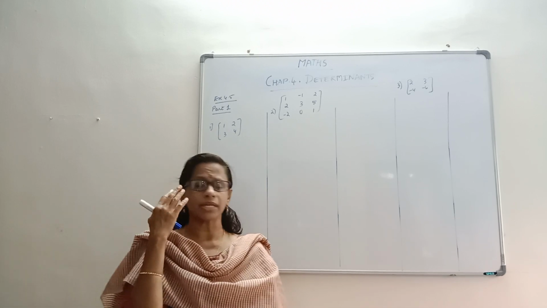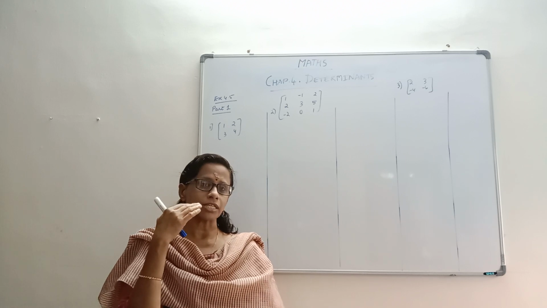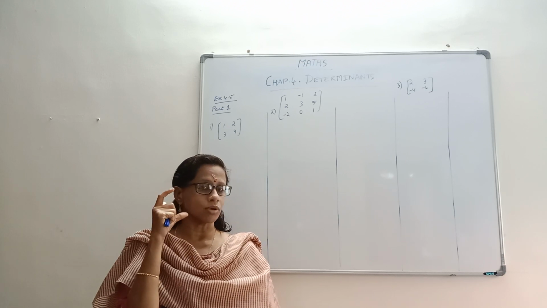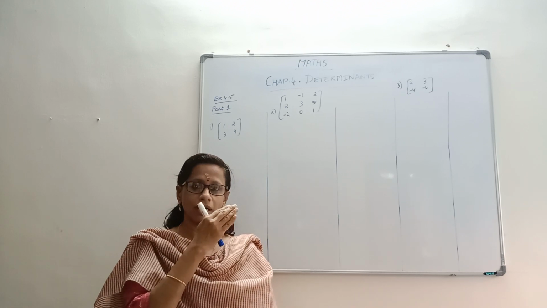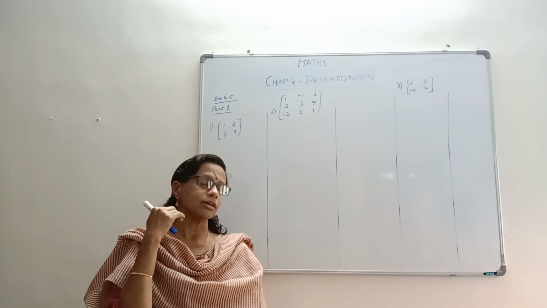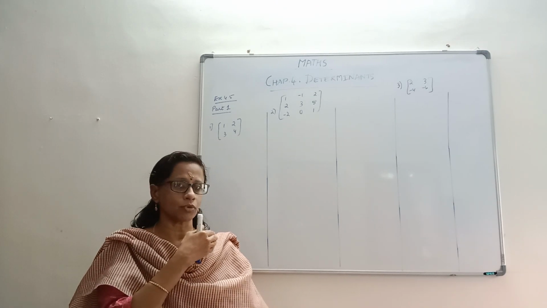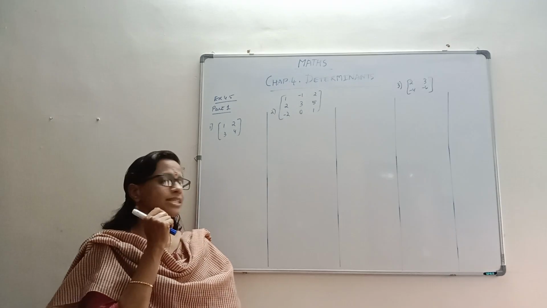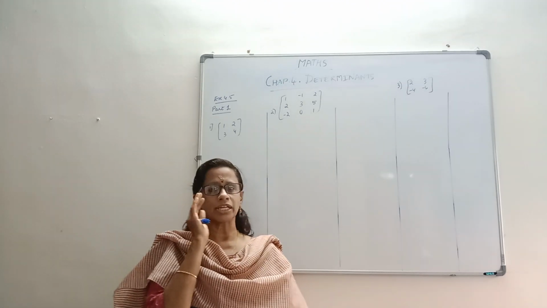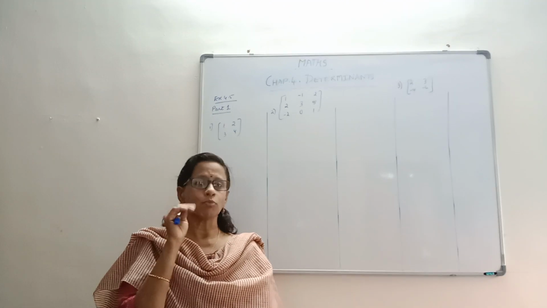There are many formulae and many 1 mark questions that can be asked on adjoint, and it's clearly told in the content before the exercise. One must go through it and get that cleared, and as time permits, I will also let you know what all things are useful here. So let's start with the adjoint directly. I don't want to give you any instruction regarding that because it will be very confusing. As we do it, it will become more clear to us.